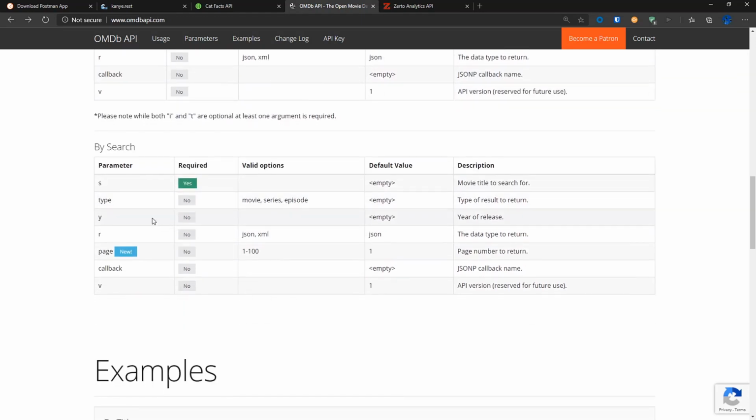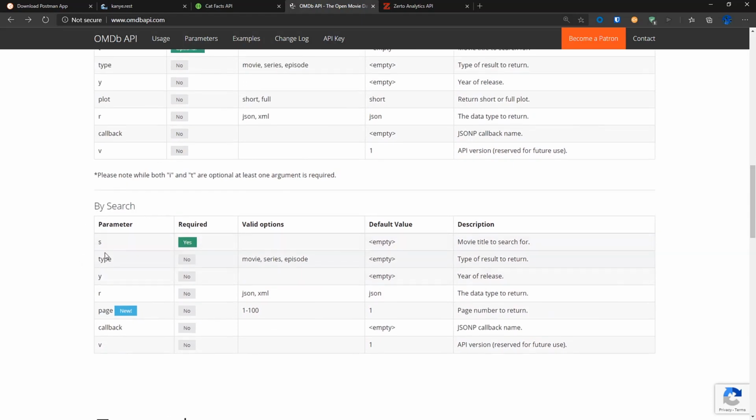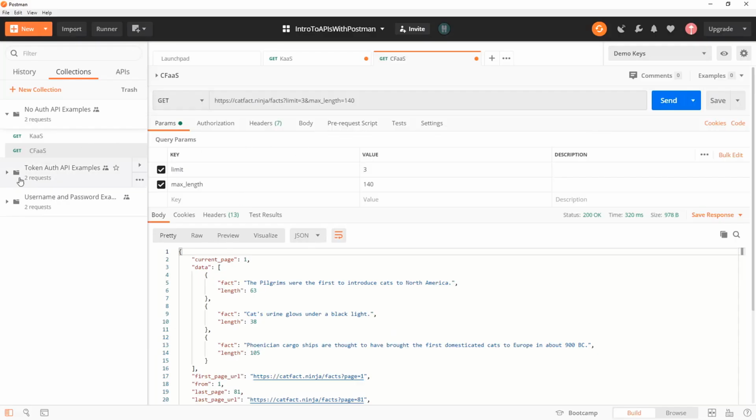The other option that I have is to just search, right? And use this parameter, S, to a movie title to search for. You'll notice there's no plot coming back. There is no data, but again, I can get JSON or I can get XML. What page number, I'm sorry, not how many pages. The default is going to be 1. Perfect. So if we come back here and we look at Postman, we will take a look at the OMDB